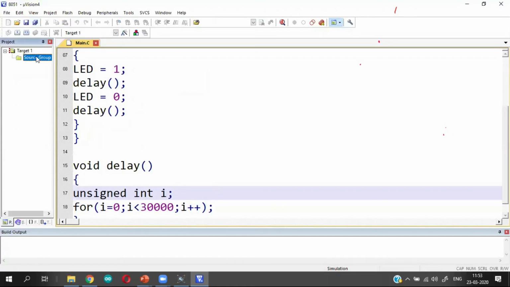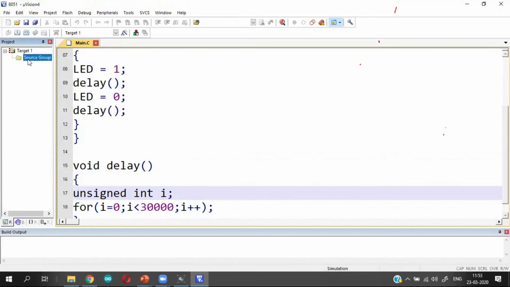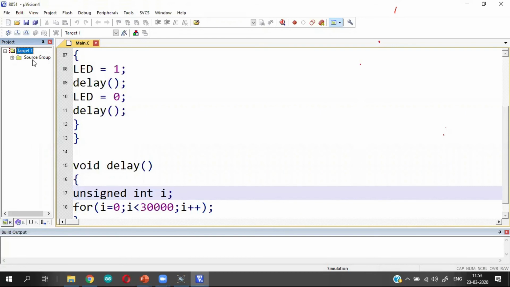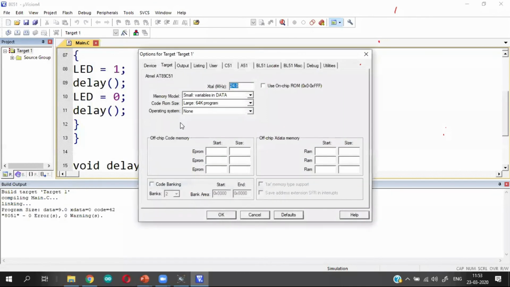Okay, so just add this here, and then you compile this and create the hex file for this.